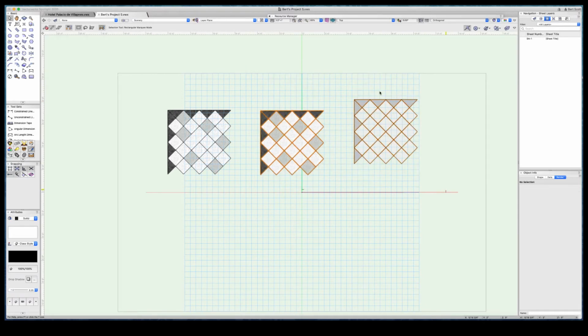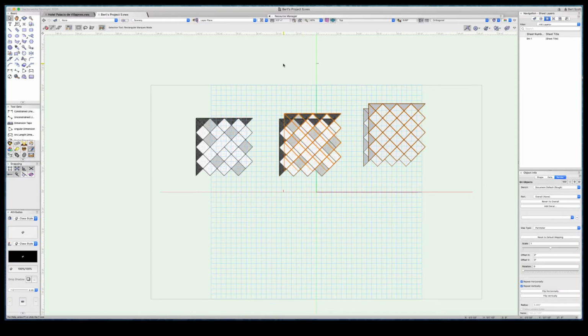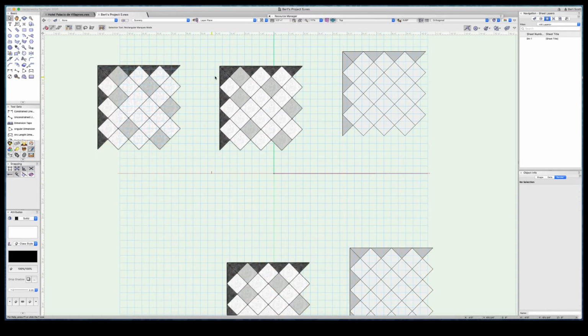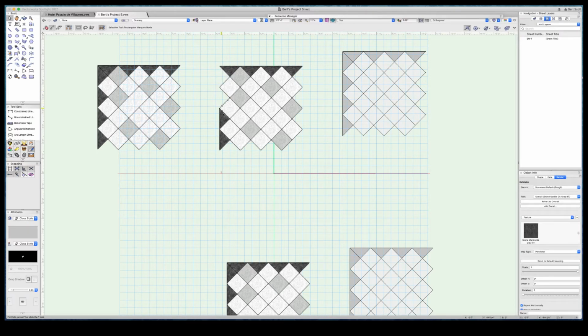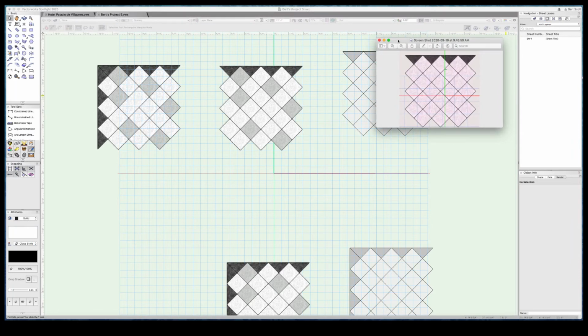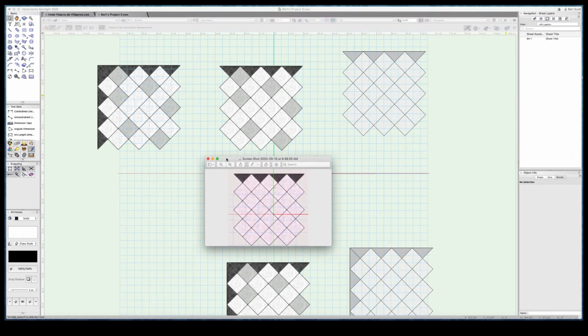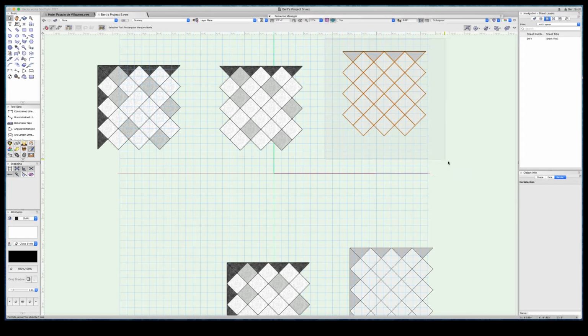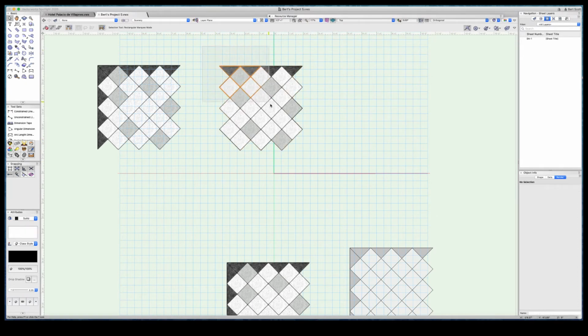And while I'm at it, I'm going to select both of these things and duplicate them because we're going to use them one more time. So now I can just delete here and delete here. And let's take a look at the reference again and make sure that this is what we want. Yes, it is. So then I can just put my 2D back on top, select it all,